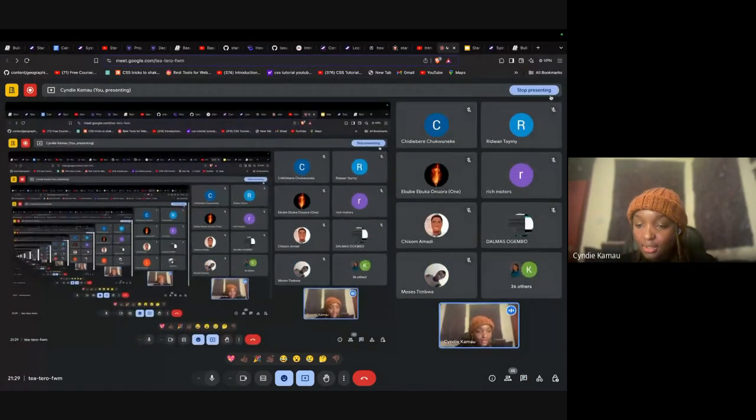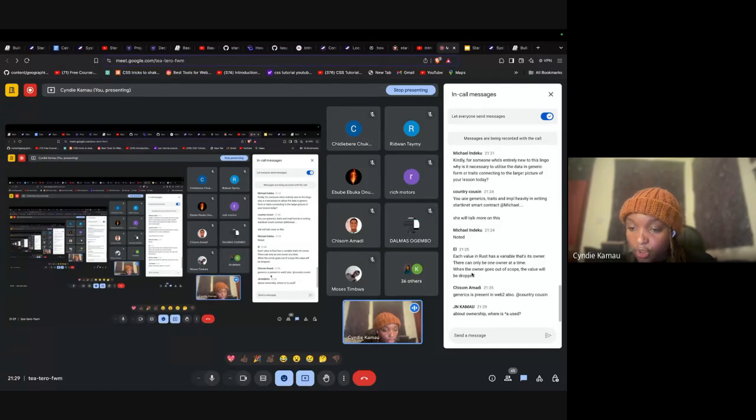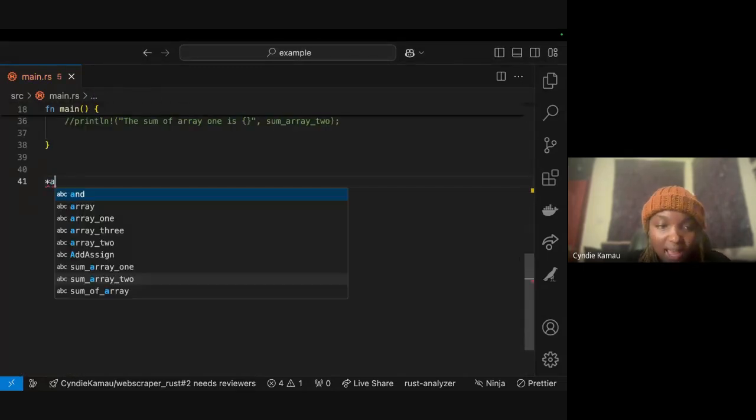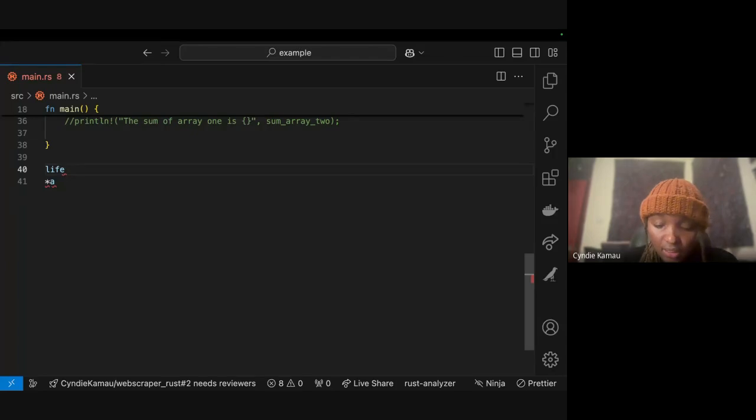Okay, so I think we can continue about ownership. This one mostly is for something we call referencing. When we use this thing, what is it called, the asterisk? I can be corrected if I'm wrong, but now we are coming into the concept of lifetimes in Rust, which is another topic we can spend a lot of time talking about. So this one is used when you're dereferencing. Let me think of how I can easily explain dereferencing as we continue.